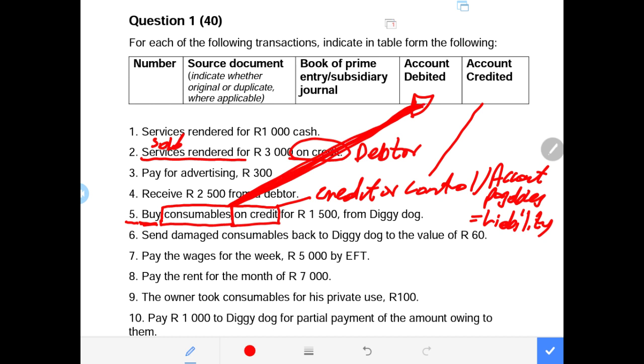Then if we buy on credit, we have a journal where we record. We record under the creditors journal or purchases journal. But whenever we sell on credit, we record under the debtors journal. Or if we render a service on credit, that will affect our debtors journal, as we did under number 2. Then when we come to our source document,